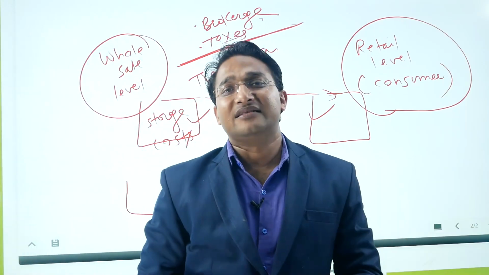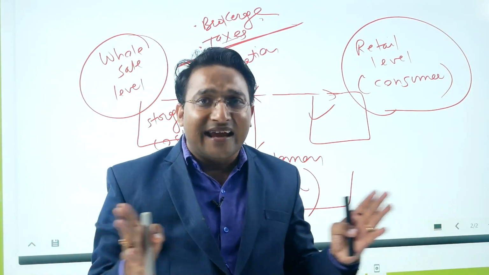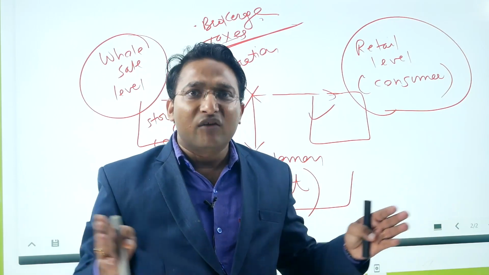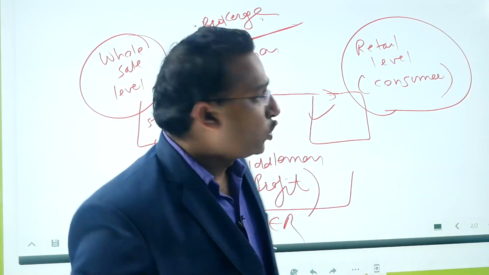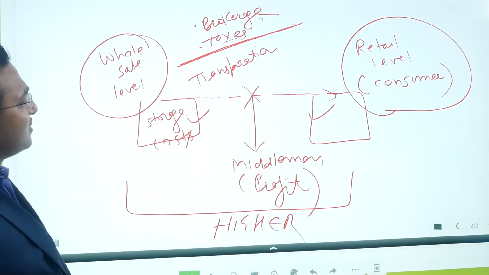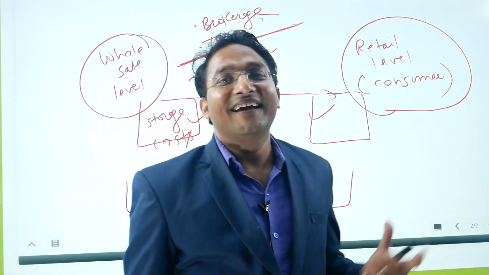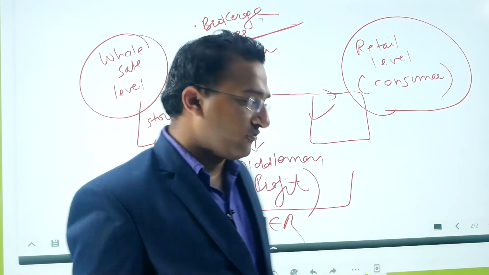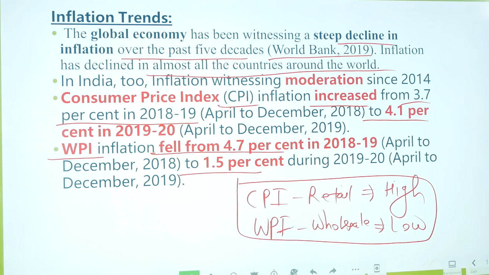The point I want to make is that all these reforms have to be taken if we want to minimize the gap between the wholesale and the consumer level prices. So if the gap between the wholesale and the consumer level prices has to be decreased, the only way is to improve the infrastructure, to improve the marketing facility, to improve the storage facility, to rationalize the taxes, right? So this is how we can conclude, and all this discussion has been done in the economic survey itself, right? So this is the observation that I wanted to make.